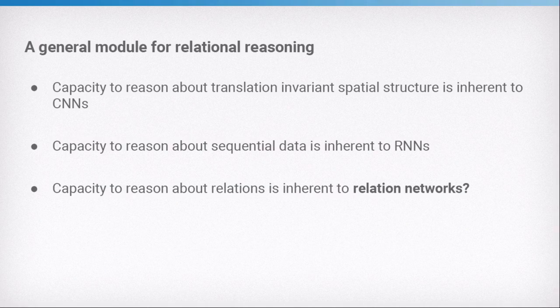One important criterion that I'd like to emphasize about general relational reasoning is that often we want to relate entities that are not necessarily proximal in space or in time. So this means that our go-to neural network architectures, such as RNNs or convnets, might not be the best architectures for general relational reasoning, because they do not have the right bias, and they are biased towards considering things that are proximal in time or space. So our contribution in this direction, to develop something that has a more general capacity for relational reasoning, is what we call a relation network.